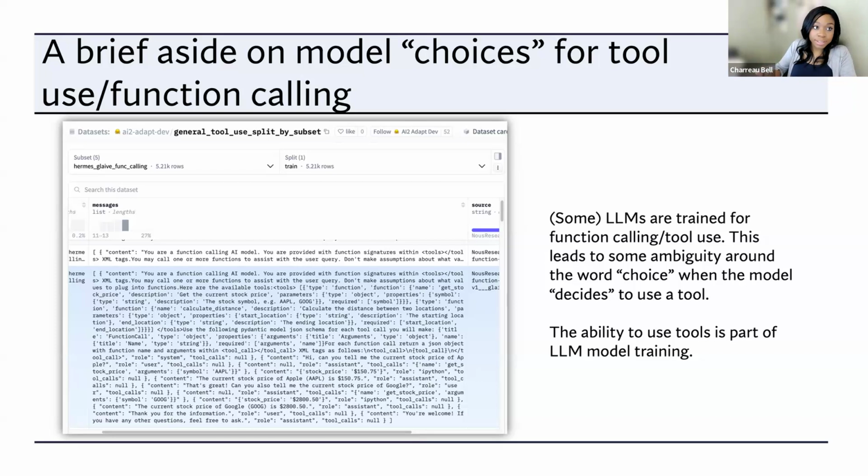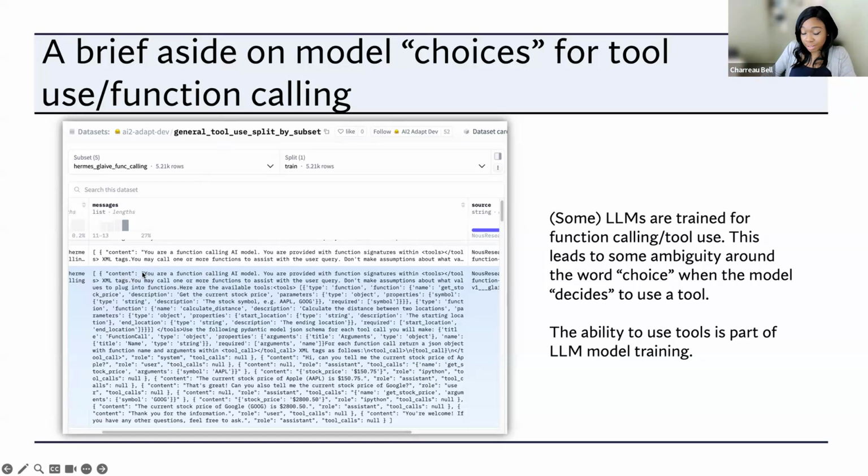One of the stages of training, or one kind of the data sets that is used for training, are these tool use data sets, so that the model will learn to use a tool. So not a tool, but learn the context in which tools are used and how to invoke them. So you can kind of see this here. I wish I could make this a little bit bigger, but here you see actually a part of the whole prompt.